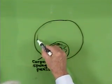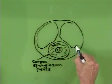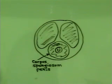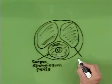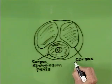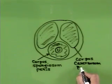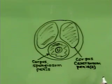Then up here, there's another erectile body, and over here, there's another erectile body. And these are left and right corpus cavernosum penis. Again, there's two of those, a left one and a right one, so I'm just going to put two in